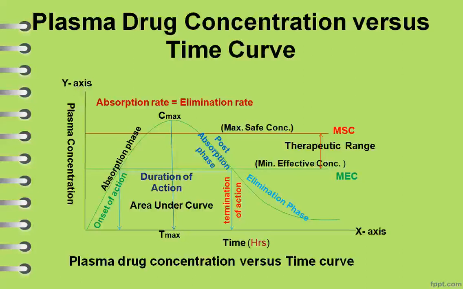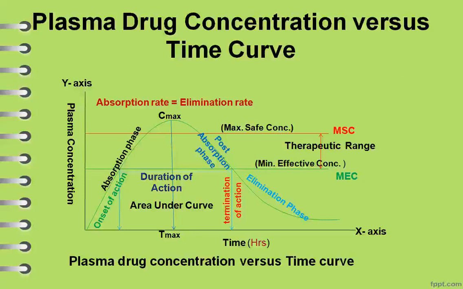The absorption curve is divided into three parameters or three steps. First step is the absorption phase, in which there is the maximum, highest rate of absorption with distribution of drug. Next is the Cmax, the time at which the maximum rate of absorption occurs, after which is the post absorption phase, where distribution and elimination occur with a slower rate of absorption. And the last one is the elimination phase.